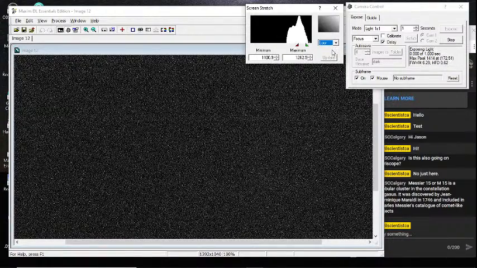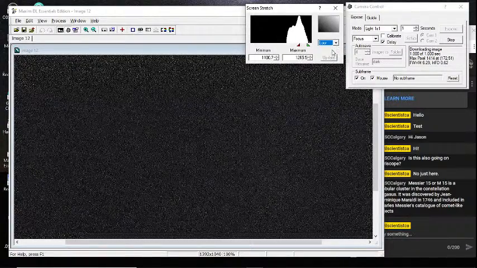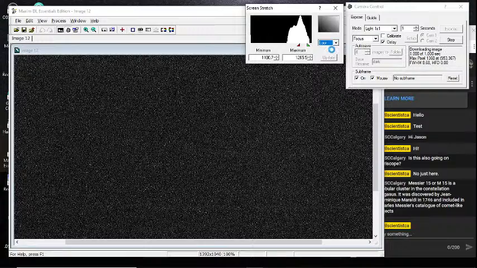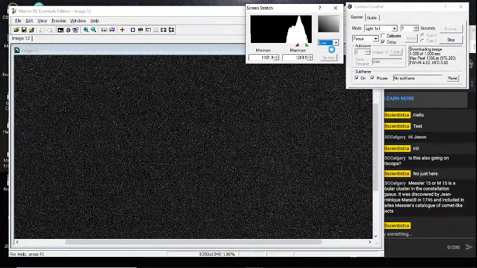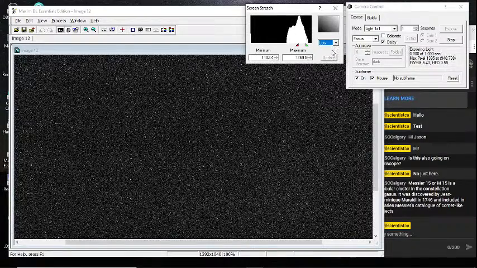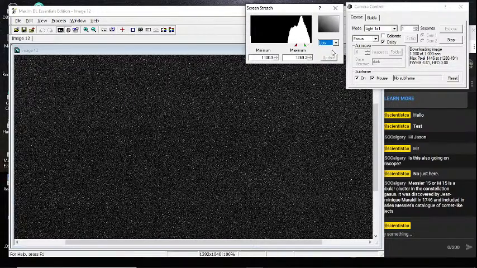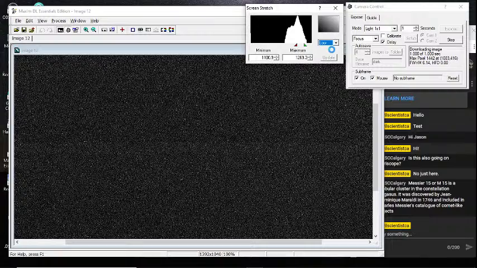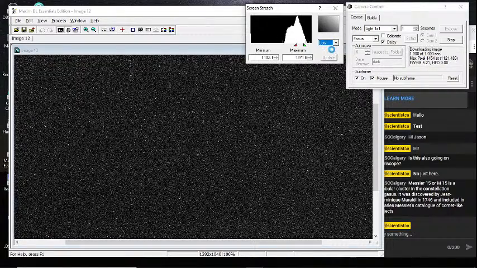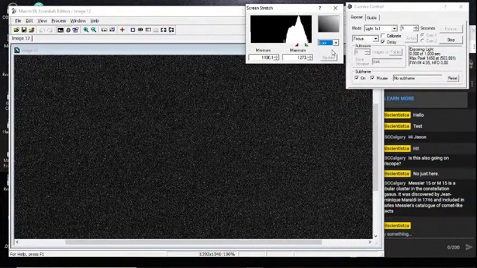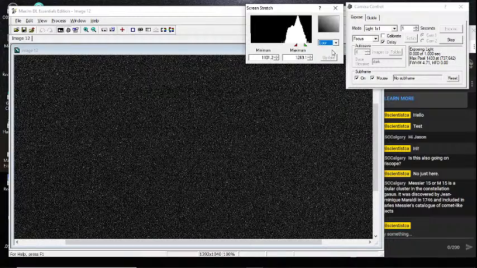M31, the Andromeda Galaxy. That should be easy to find. M31.